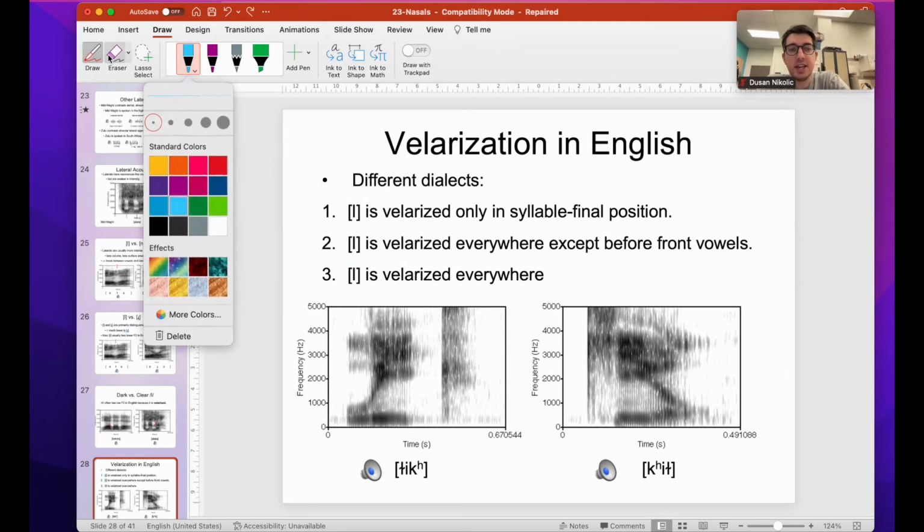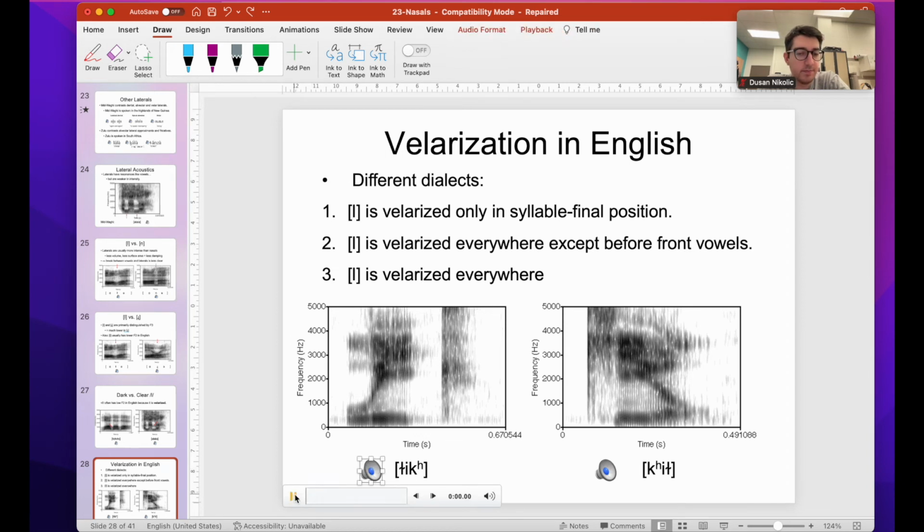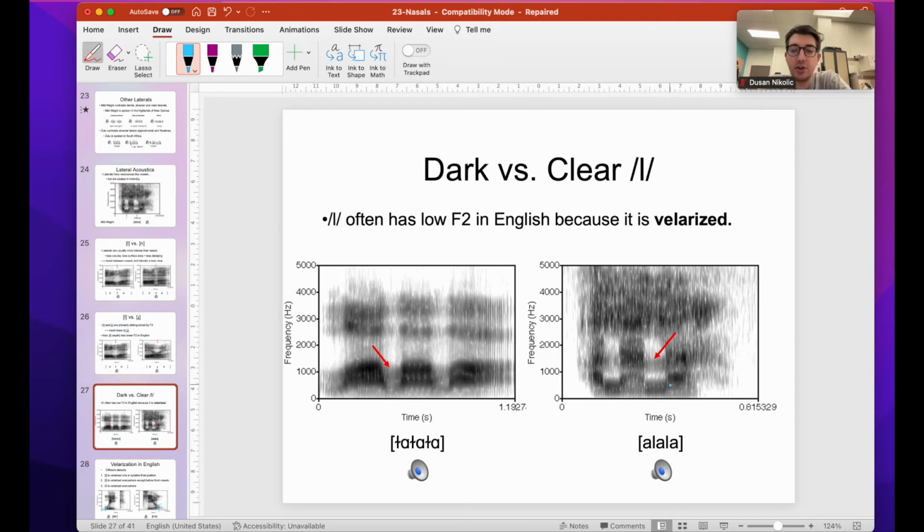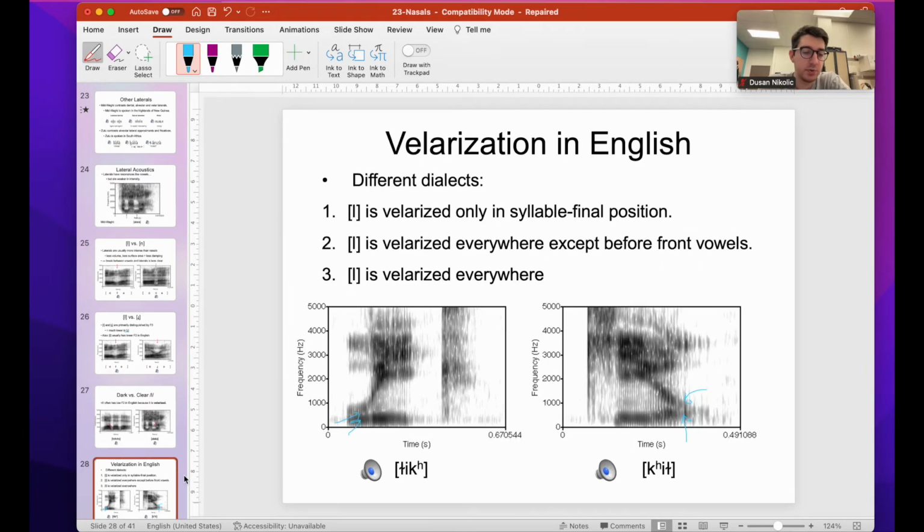And here in this case, this is a velarized L. Leak. As I said, Dr. Winters velarizes it everywhere, and we can see very clearly that it's velar, very low F2 frequency, lowers down the vowel, right? And even very low F1 in comparison to this one, whereby these two are not very low. Still, it's velar. It gets lower than for a clear L, which is here, right? So that's something to